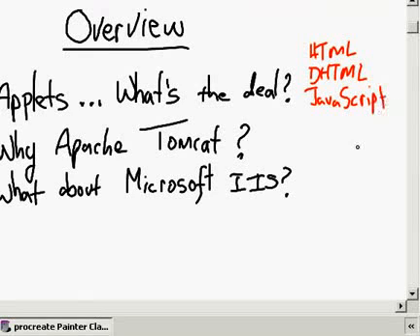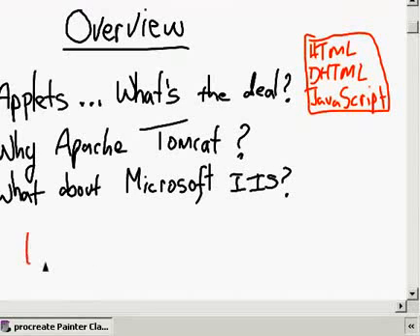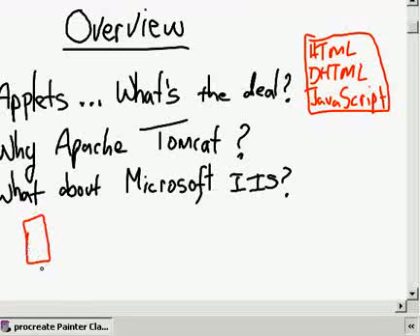I've seen and done some amazing things using JavaScript. These are all client-side technologies. What that means is you have a web server over here, and I'll just put this